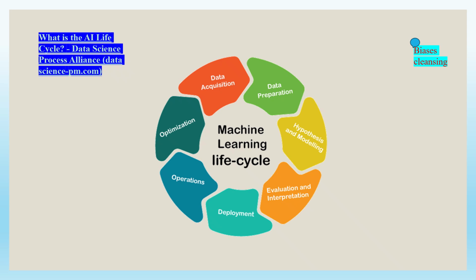And then it goes to making a hypothesis and seeing if the model will fit that hypothesis. So the AI model would be able to solve a specific problem, training it with the prepared data. So let's just say the data trainer or data scientist here is training the machine.